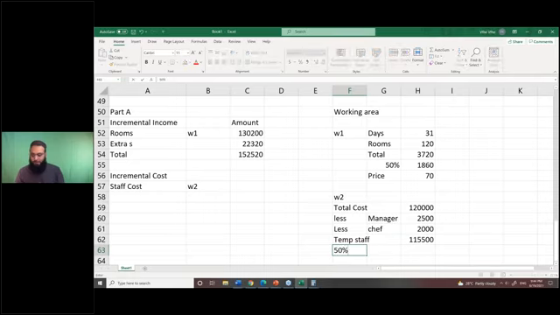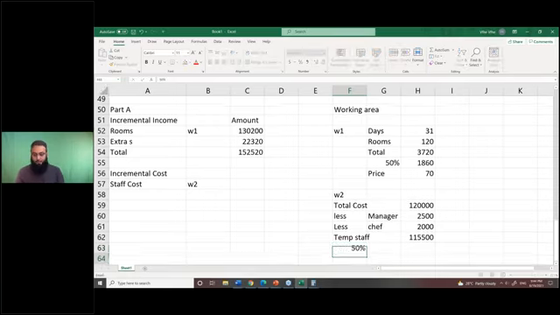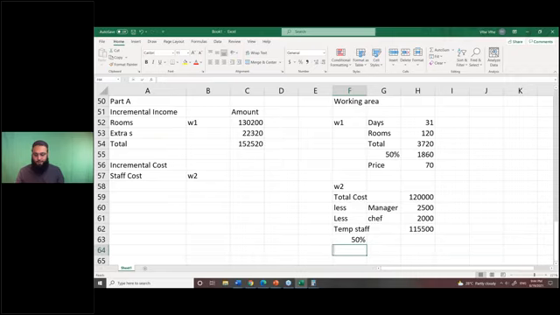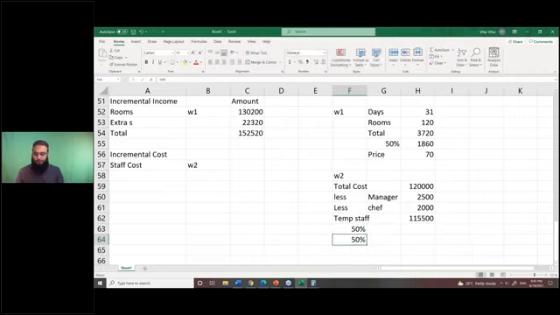Half means 50% will continue, okay? And the other 50% will need to work for a lower occupancy. So if I simply, first of all, divide this by 2,